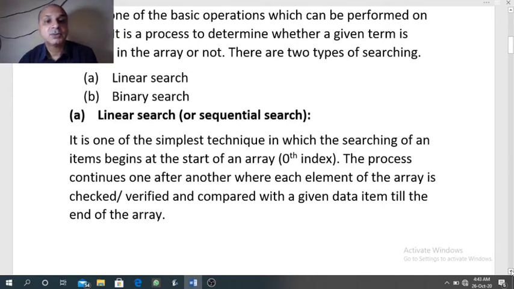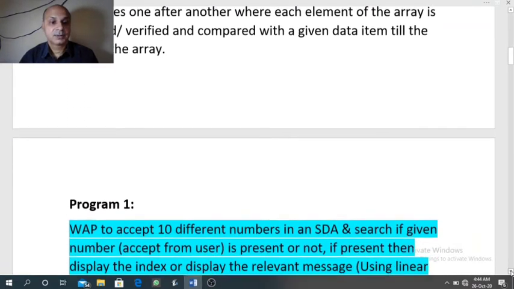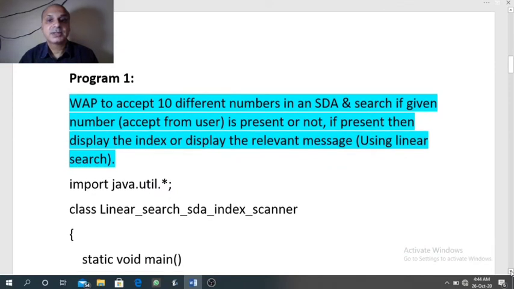It means we don't have to search for the remaining elements because we have got the element. If not present, then this process will continue from the beginning till the end. So this is the simplest technique to find whether an element is present in the array or not. With one program we will discuss it.